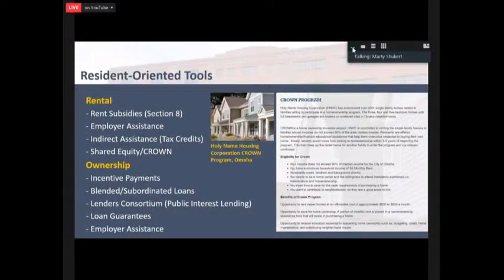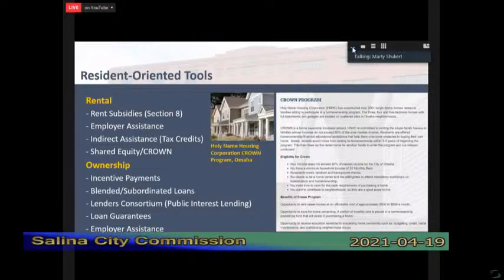Contributions. It's interesting. It started out as two parish priests, neither of whom are priests anymore. I've lost track of them. One of them became a housing consultant, by the way.